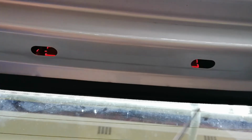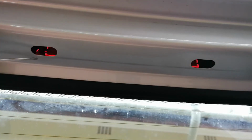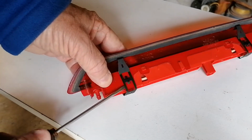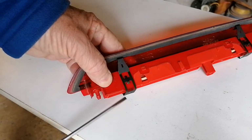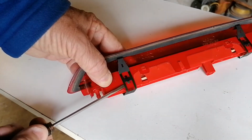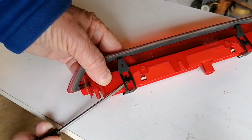So inside here are two clips. They sit a little this way and that way, and I'll show you when I get it out what it actually looks like. Let me just show you while this is out. I'm doing this in reverse now, but to show you what you will be hunting for, because you can't really see inside the car. So what you will actually try and do in the car is lift that up, and